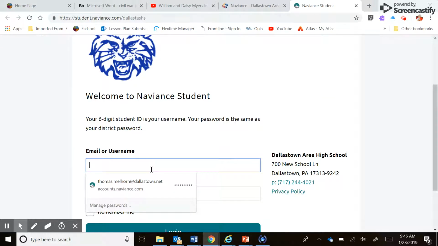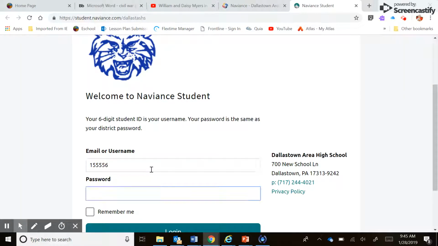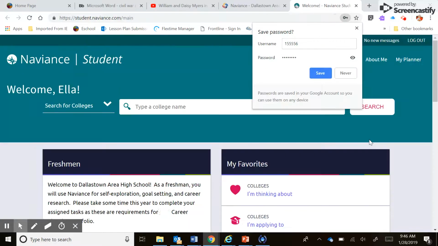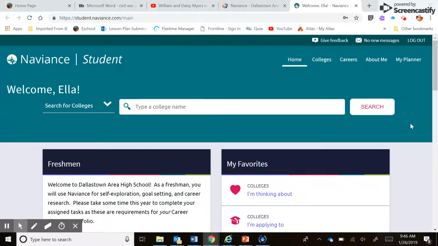And from that point, you have to put in your Dallastown username and password into the required blocks. I'm going to go in under a student account today, and specifically a 9th grade student